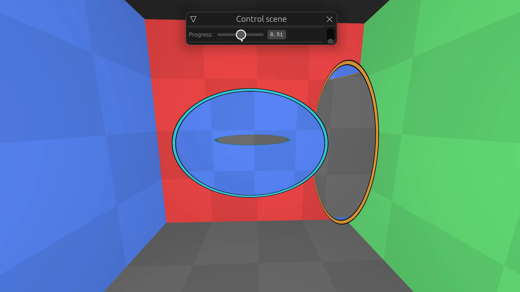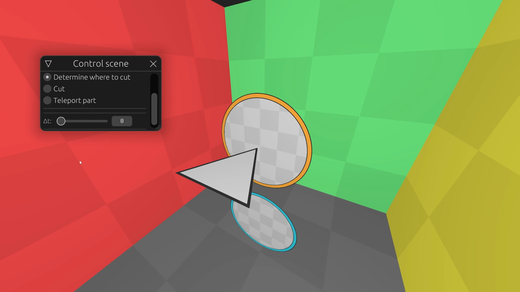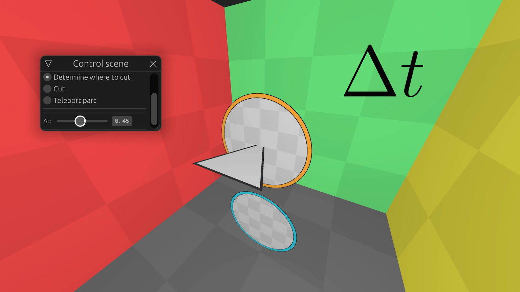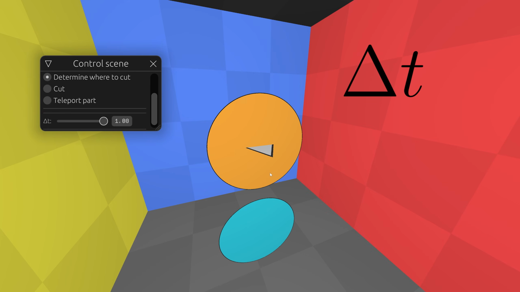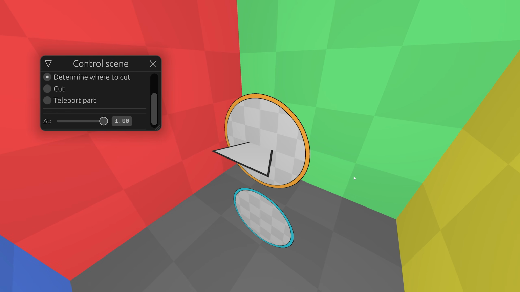If you worked with physics simulation or game development, then a naive solution is obvious. We need to take discrete steps and make a procedure that will return the next simulation step from the current one. This is how we will make a discrete approach. We have this scene where the object has come into the portal in one discrete step. By the end of this step, we can cut the entered part entirely.